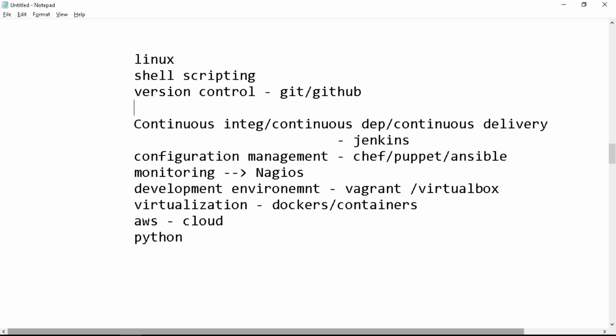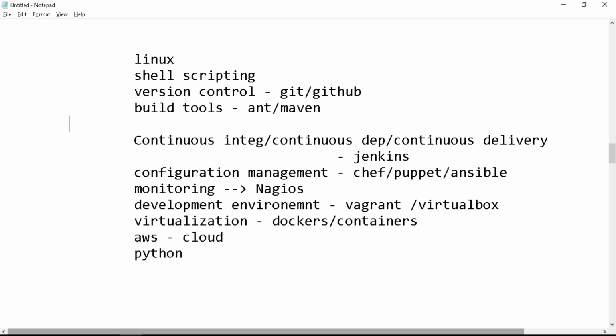And here come some tools for converting our source code to binary. And then we store our source code on a version control system, right? For maintaining the versions and checking who is modifying what. That is called a version control system like Git or GitHub. We also have to store our binaries on some centralized server, right? For that, we use tools called Nexus,